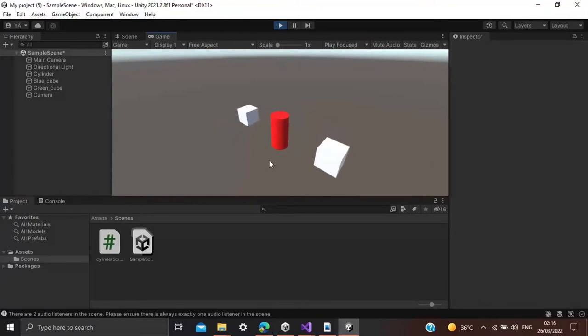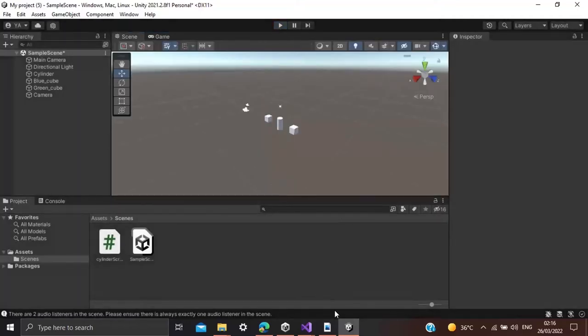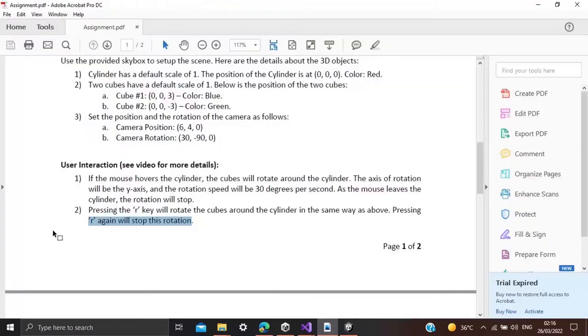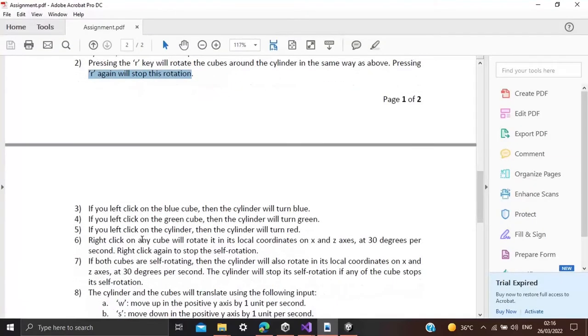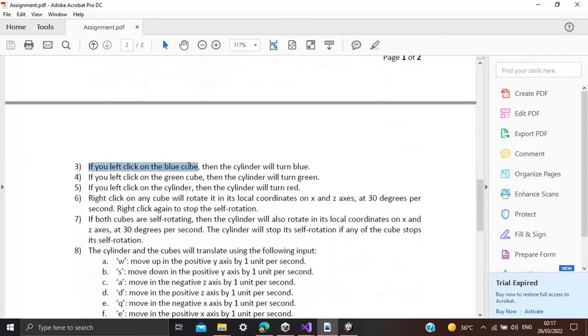Right now I'm pressing the R key and then I'm pressing it again and the rotation is stopped. So just do it this way, okay? So rotation is true, then rotation is false, like this. So we finished part 2 of the question, and then okay,